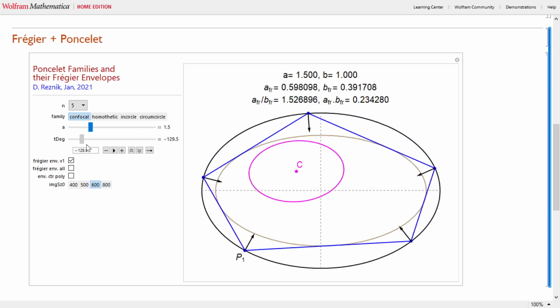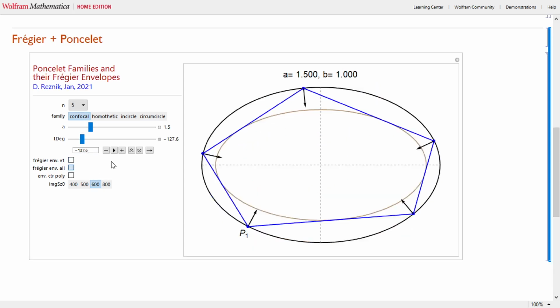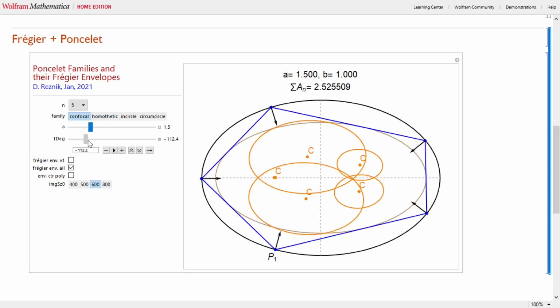Now the other thing I can do here is I can show for each of the vertices its associated Frégier envelope as built before, right? So you take each one of these vertices, you look at the two incident edges, and you freeze the angle in between them, and then you sweep a rotation around that point while keeping that angle. Okay, so now I have a set of, in this case, 5 objects, and I can watch what they're doing,